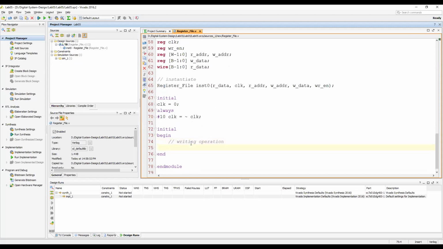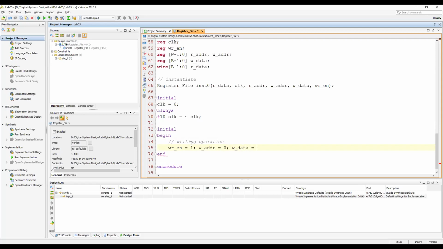Let's do some writing first. In order to write, what we need is the write enable signal activated to 1. So this is writing, and we need to mention some address. WADDR is equal to 0. So let's pick the first address.